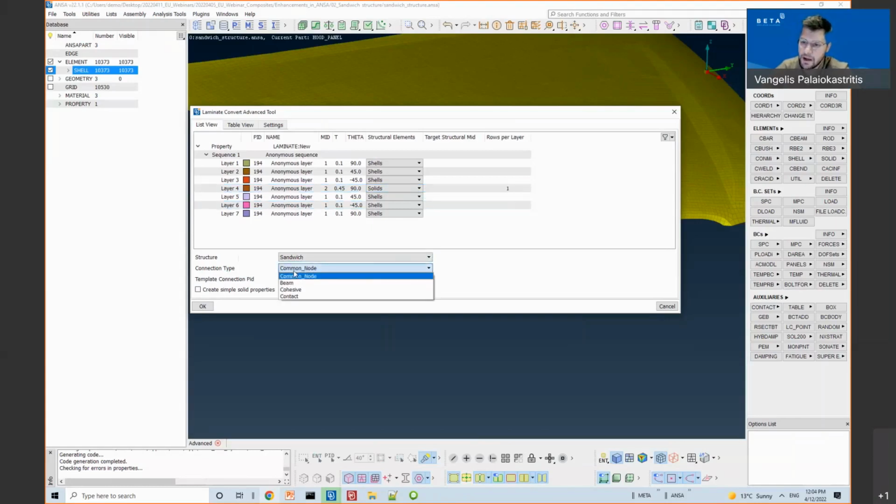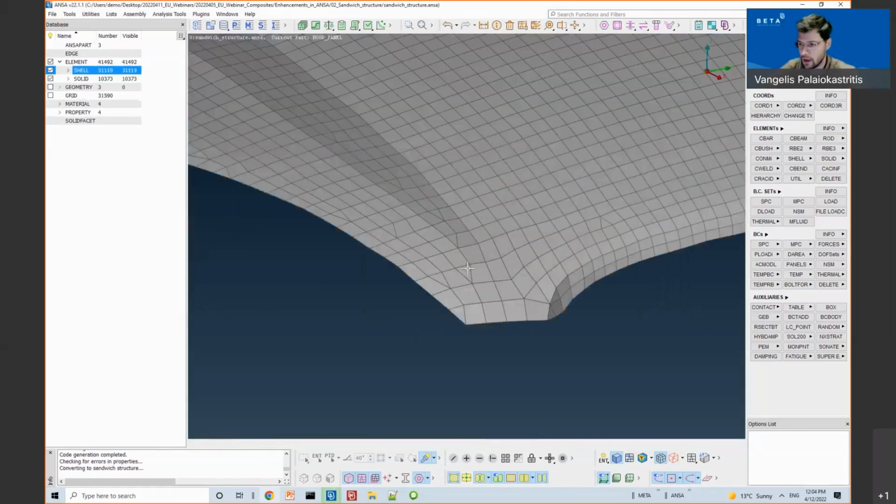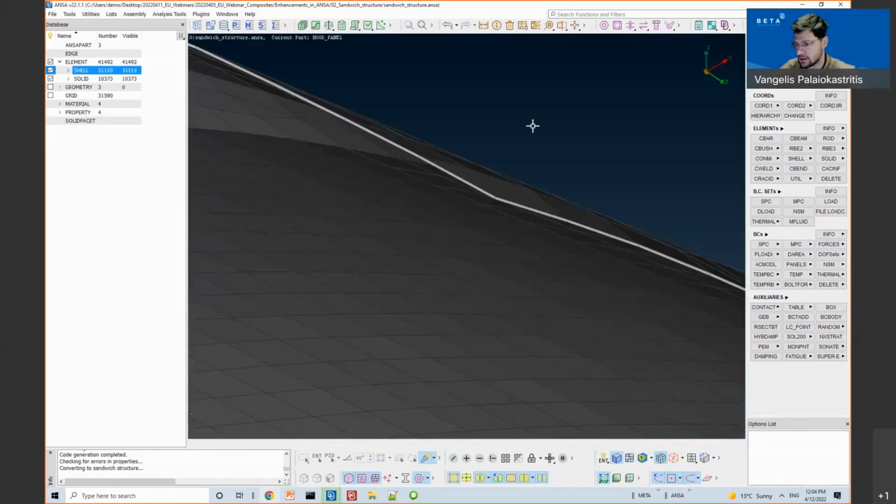From here, I can specify the interface between the top and bottom flanges of the sandwich structure. And by pressing OK, I get this result.